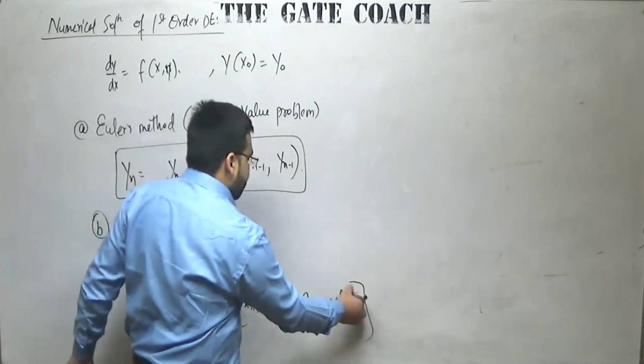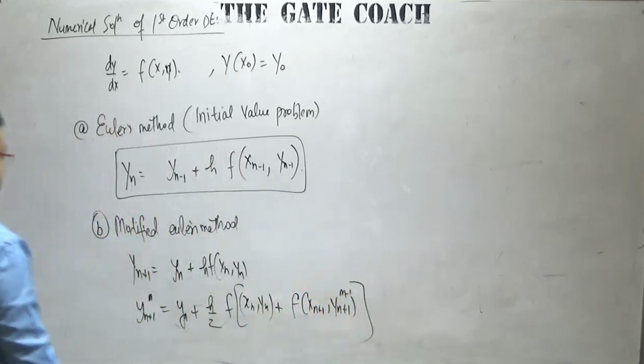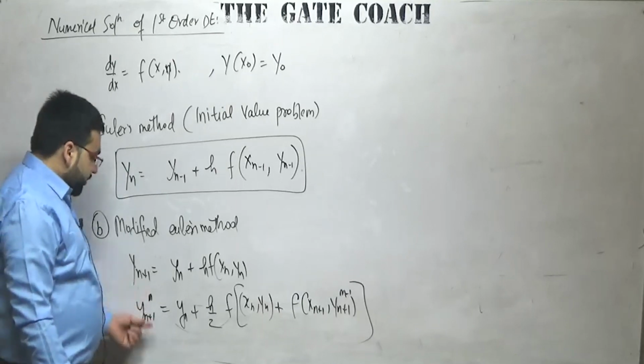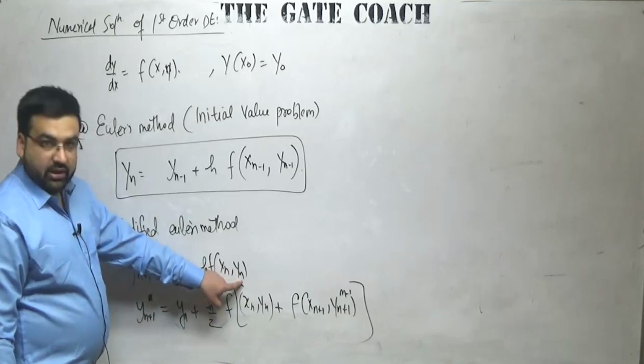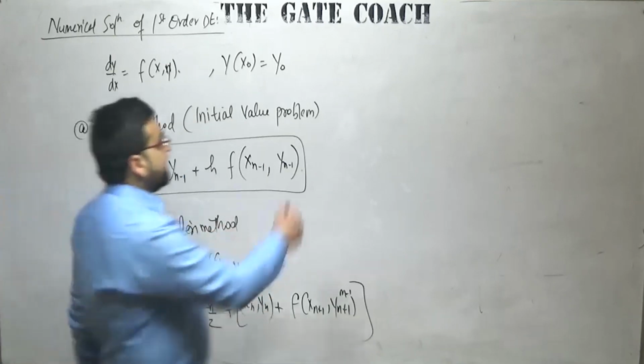Modified minus 1, it is modified minus 1. This is Euler's modified method. First of all, you find the value of this y, then you modify this value, you will be getting some modified value, then you put the modified value here. X will be changing, right, because x is the same.